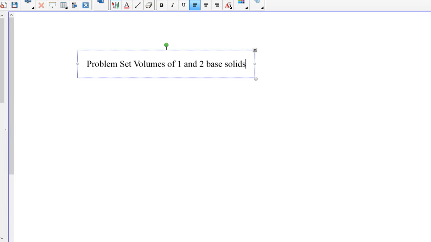Okay, so this is a problem set for you to work through for some extra practice, now that we have volume formulas for both 1 and 2 base solids. The way this is going to work is I'm going to go to the next slide. It'll give you the problem. You should probably pause it. I'm going to wait about 5 to 10 seconds, and then I'll advance it to the answer